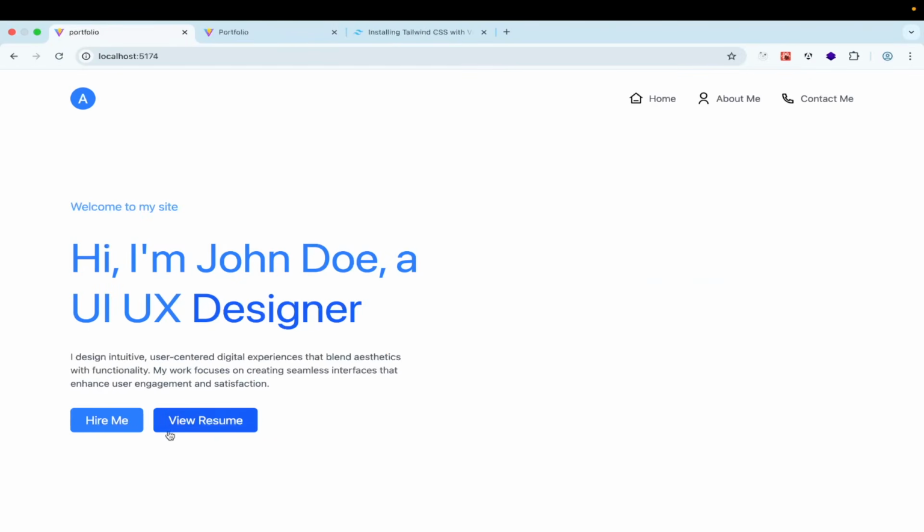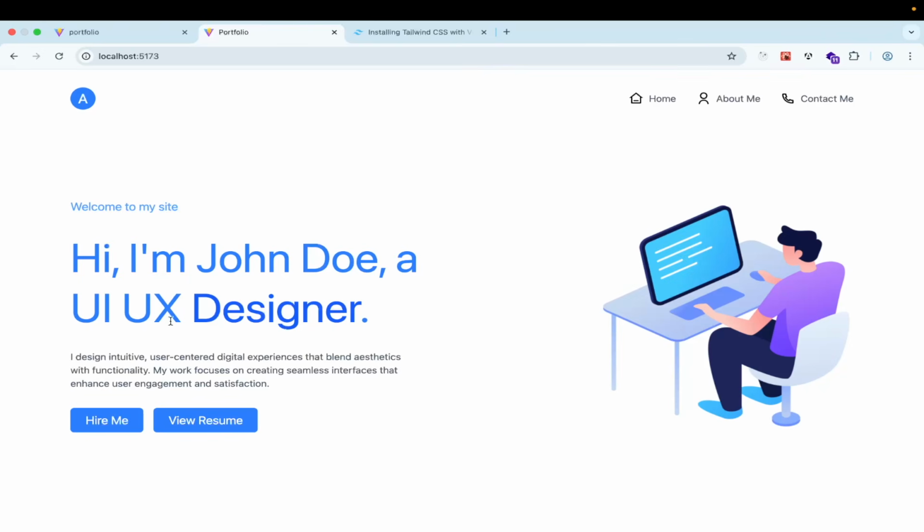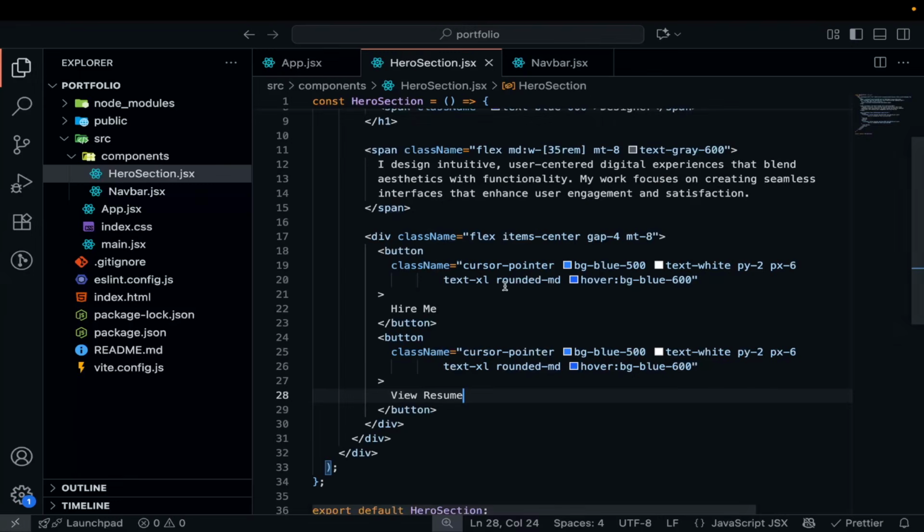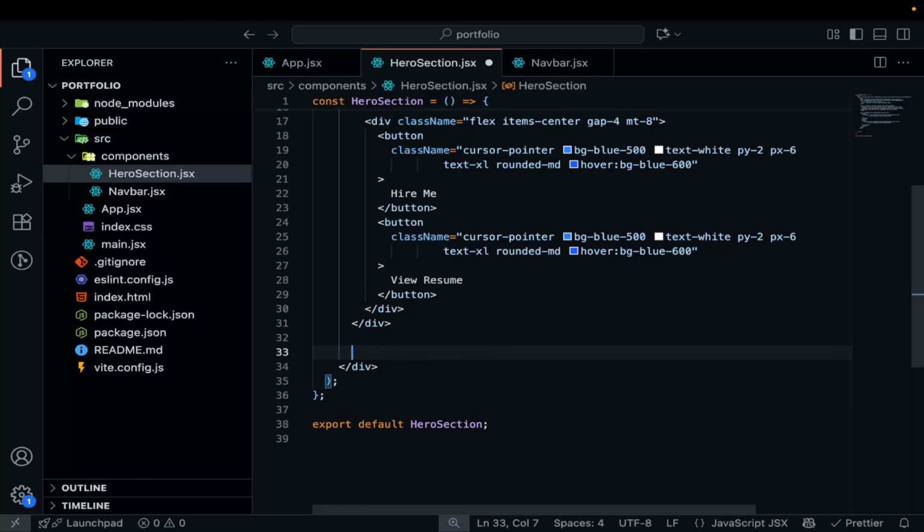Yes, I think it is looking good. Let's compare with this. Yes, it is looking the exact same. Now let's place this image on the right side of the hero section. Let's go back to the code, and here after this div I am going to take one more div, and